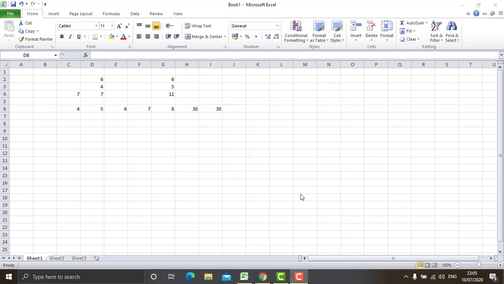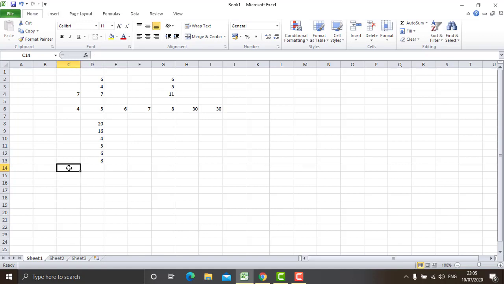We have a number of more functions in Excel, and we'll discuss a few. One of them is average. Suppose we have a few numbers like 20, 16, 4, 5, 6, 8, and I want the average here.